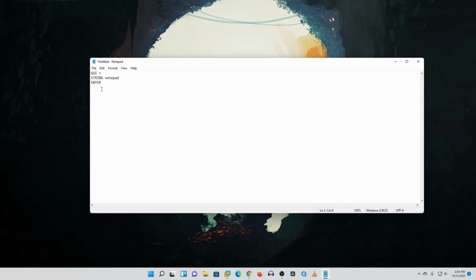Now let's talk about the speed. To control the Ducky script speed, there is a command, or say syntax, called DELAY. Let's say you want to open up Run, then wait for 5 milliseconds. What you're gonna do is write DELAY, then type the time in milliseconds. Let's say I'm gonna stop for 5 milliseconds, so I'm gonna type 500. Like this you can control your Ducky script executing speed. So let's add more delay like this.